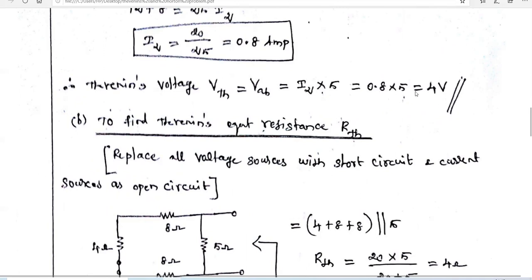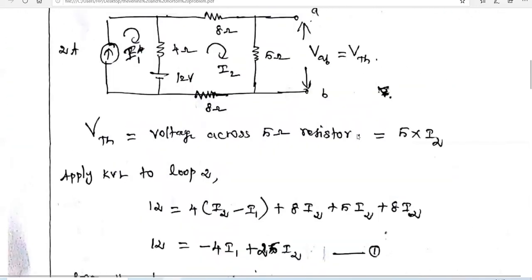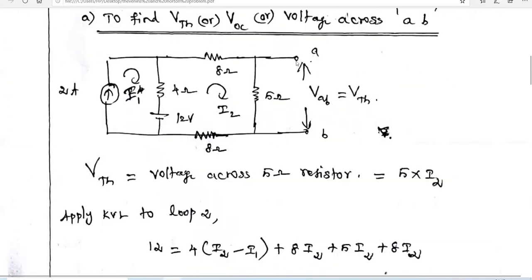Okay, so the Thevenin's voltage is calculated. So the first step is over. Then the second step is to find Thevenin's equivalent resistance, RTH. What does Thevenin's equivalent resistance mean? It is the total resistance across the terminals A and B. The total resistance of this complete circuit across the terminals A and B is said to be the